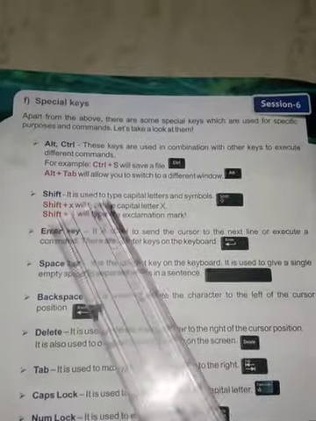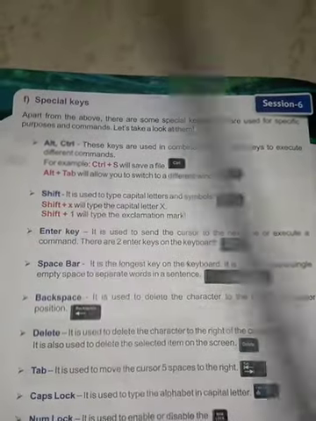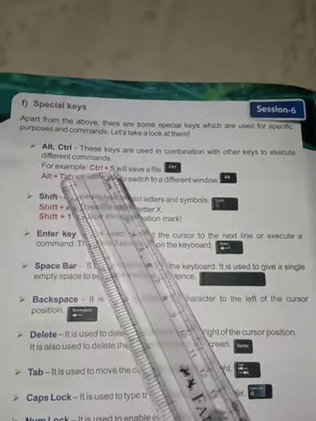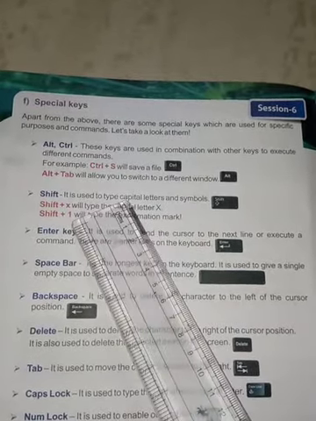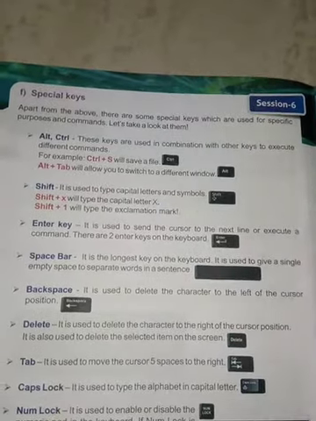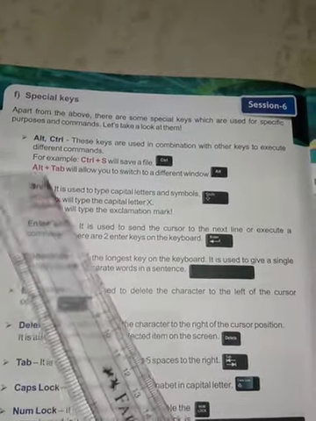For example, Control plus S will save a file. When you press Control and S key, the file will be saved. Alt plus Tab will allow you to switch to a different window. When you have to move to a different window, we press Alt plus Tab.